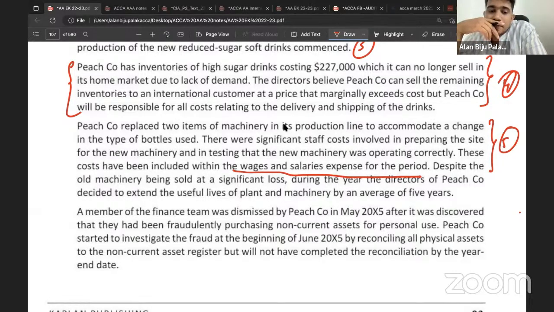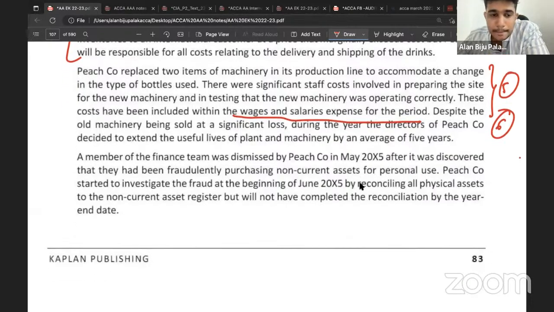Okay. The company have extended the useful life of PPE by 5 years. The useful life of assets should be extended only on the basis of reasonable assumptions. The company have already sold its old machinery at significant loss, which represents the possibility of having under depreciation. Since the company is further extending the useful life of machinery, it would create understated depreciation and overstated value of PPE. What should be the response? The rationale on what basis they have extended. You can discuss with the management the rationale on the basis of which they have extended the useful life of plant and machinery, and consider whether it is reasonable in accordance with standards. Clear? If not reasonable,